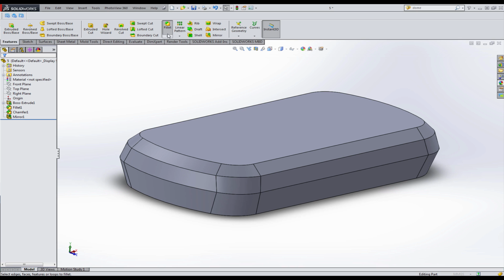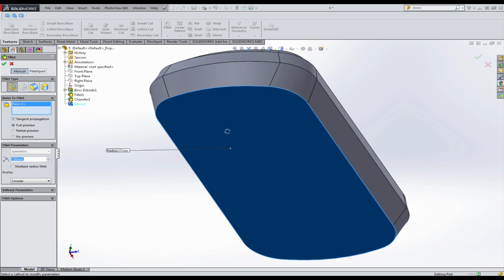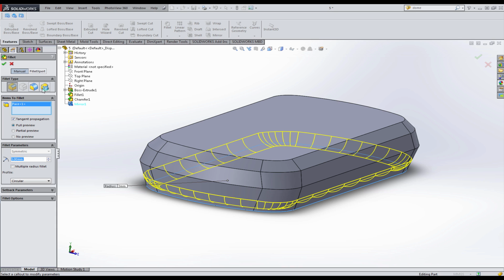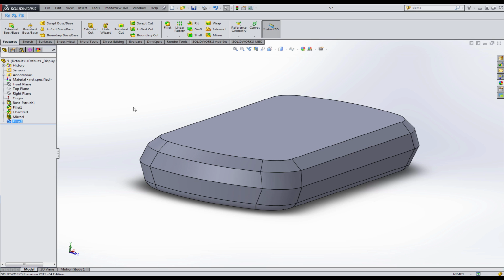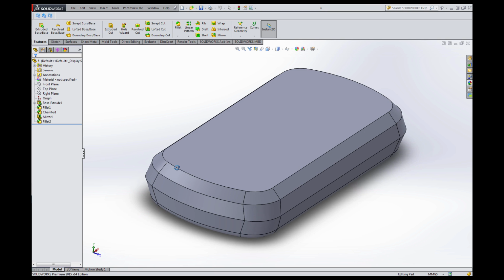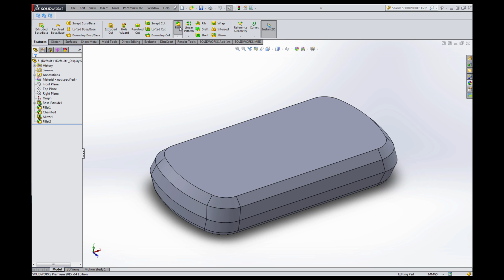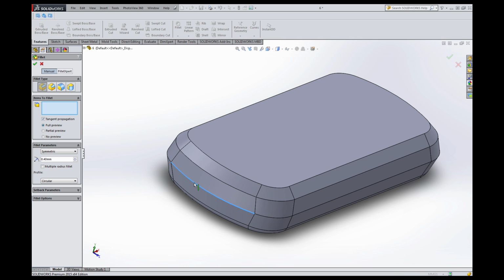Go now to fillet option and select this face. Okay, there is no preview because the radius is too large. I want here to put 3 millimeters. Okay, maybe 2. Now I want to make this part a little bit brighter, so I'm going to use this fillet option and put here 0.4 millimeters, and I'm going to hit this edge. Okay,